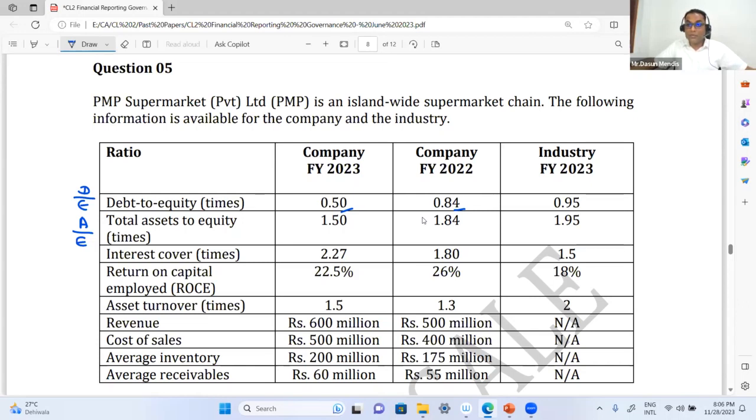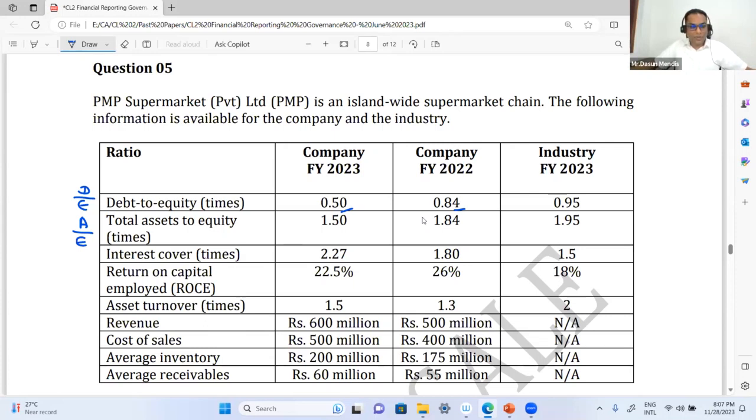When you have more and more debt in your capital structure, your fixed commitments are high, right? What do you mean by fixed commitments? When you have debt, you must pay interest. Interest is a fixed commitment. So you have a higher amount of fixed commitments means what? Your risk is high. But on the other hand, if your capital structure consists of equity, equity means what? Shareholders' funds. You pay them dividends only once the company makes profits. It's not a fixed commitment. So that's why we say that having debt increases the gearing as well as the financial risk, a fixed commitment to the company. Right?